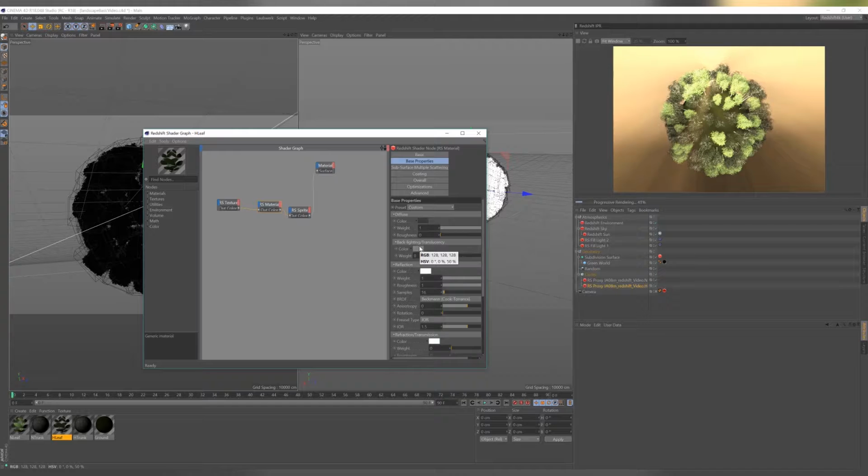what you can see here is the fact that by using one Redshift proxy and then duplicating that, you have granular control over your material settings in your master scene rather than having to go back and make a new proxy every time. And I find this a much more efficient method of working with instances than is natively possible within Cinema 4D, and is yet another reason why Redshift is such a fantastic render engine. So I'm just going to bring that up a little bit, maybe back down a little bit more,